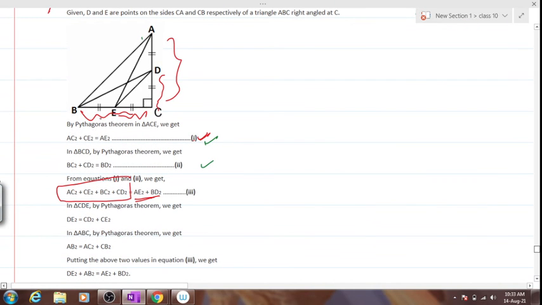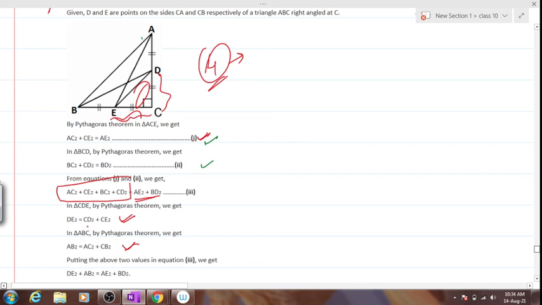Again, you'll have to apply Pythagoras theorem in CDE. This one, this smaller triangle. Okay. And then again apply Pythagoras theorem in the entire triangle. Clear? You see 4 triangles out here, so 4 Pythagoras theorems need to be applied. For this triangle, can you say BC square, CD square is equal to CD square plus CE square is equal to DE square? Yes or no? This one. And for this one, can you write this? Yes or no?